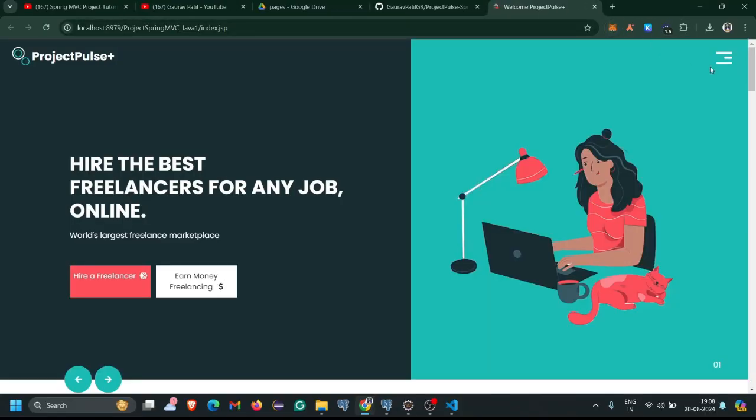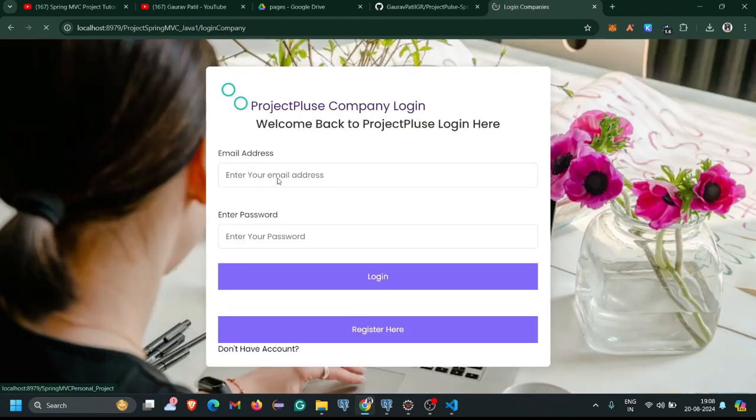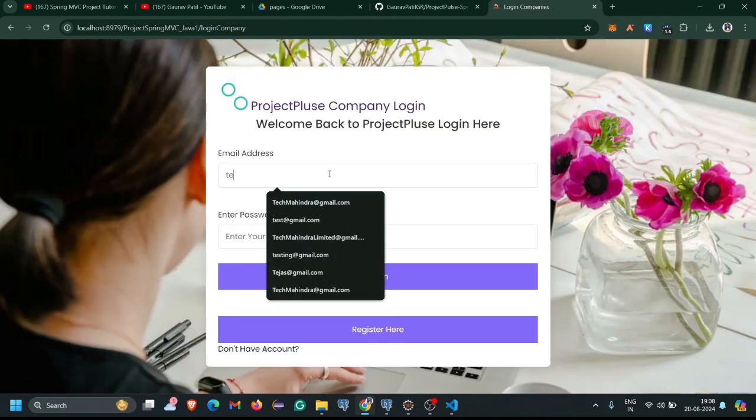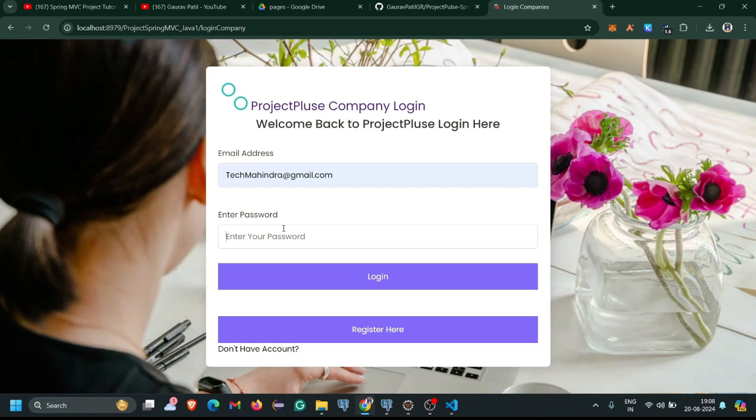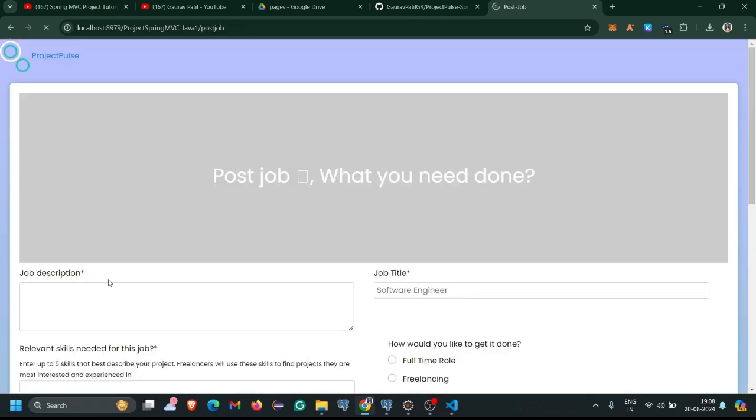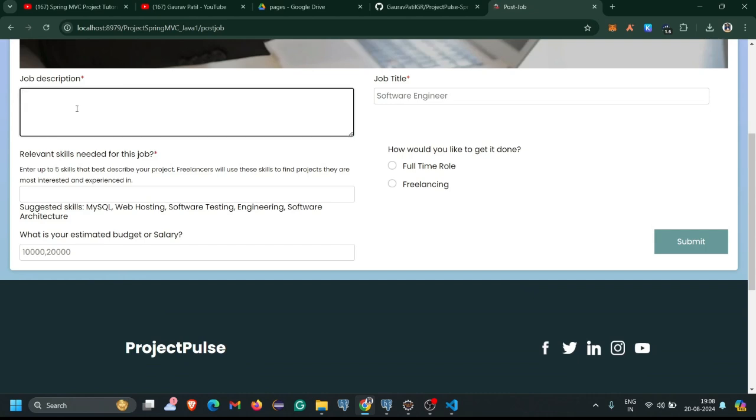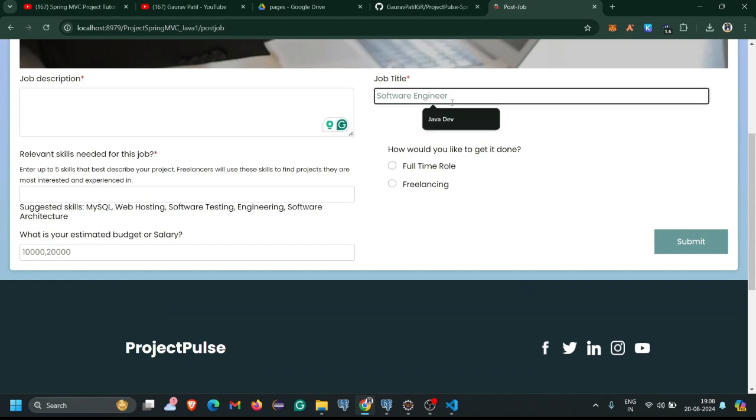We have to come to our Chrome browser, and I simply remove our previous project from here and log in as a company. Then take Mahindra, which is our company login credential, 4545, and click on post job, and I'm just writing random details here. The job title is Java developer,